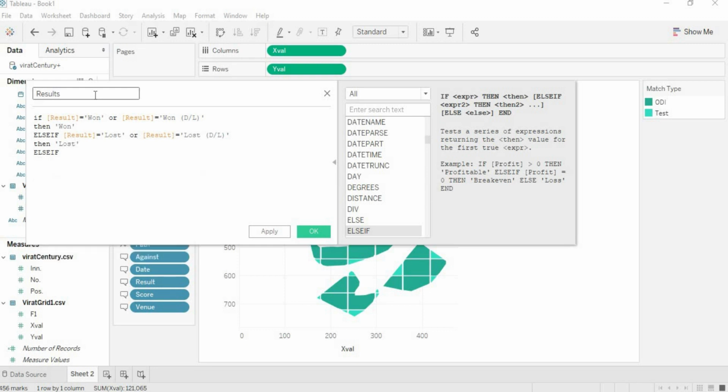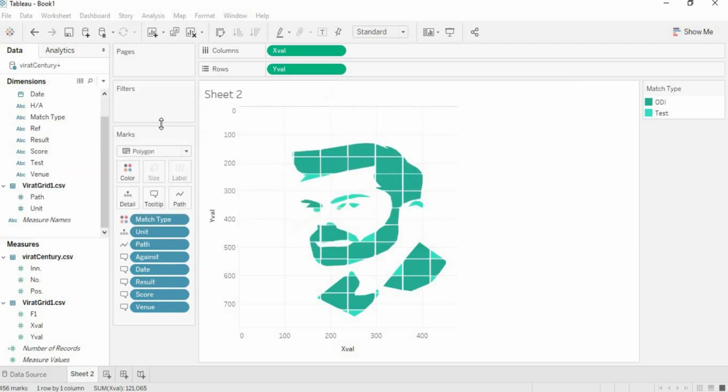Else if result equals tied or result equals drawn, then it should print as drawn. And so I have created a calculated field named results.